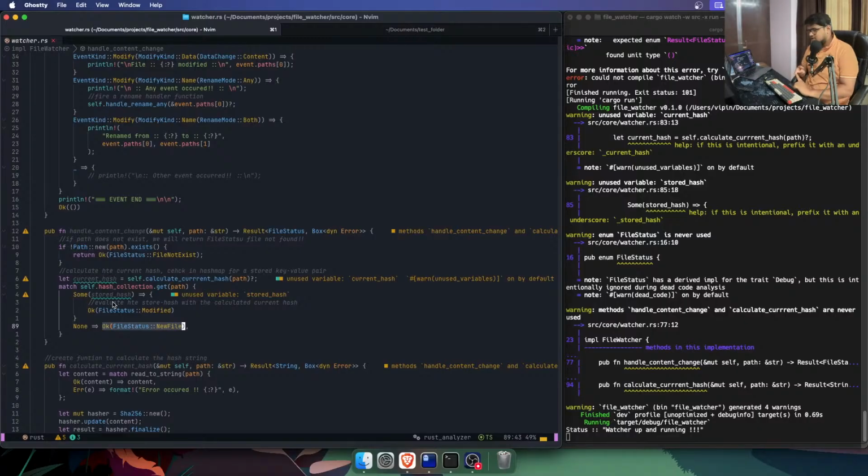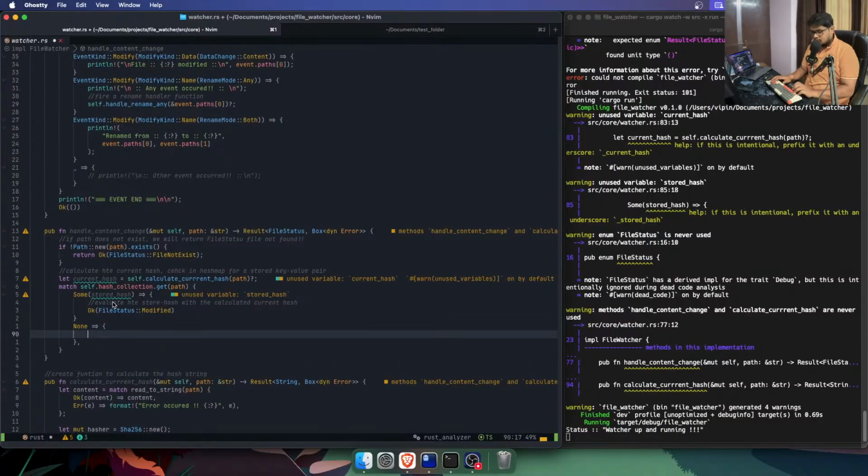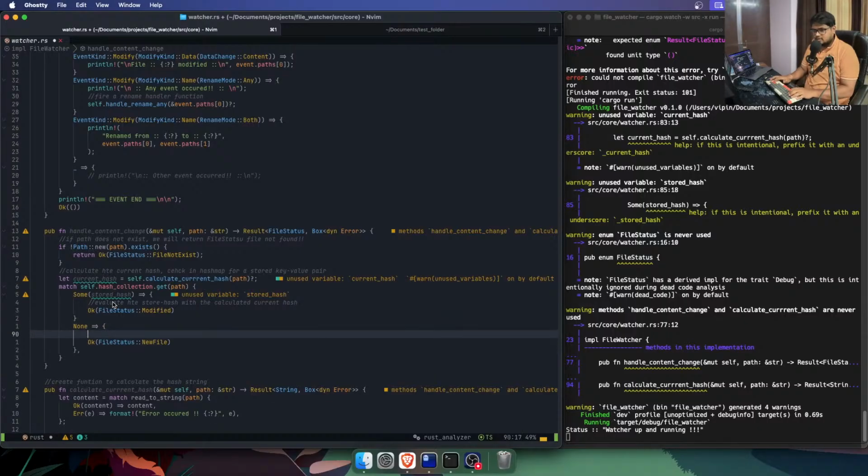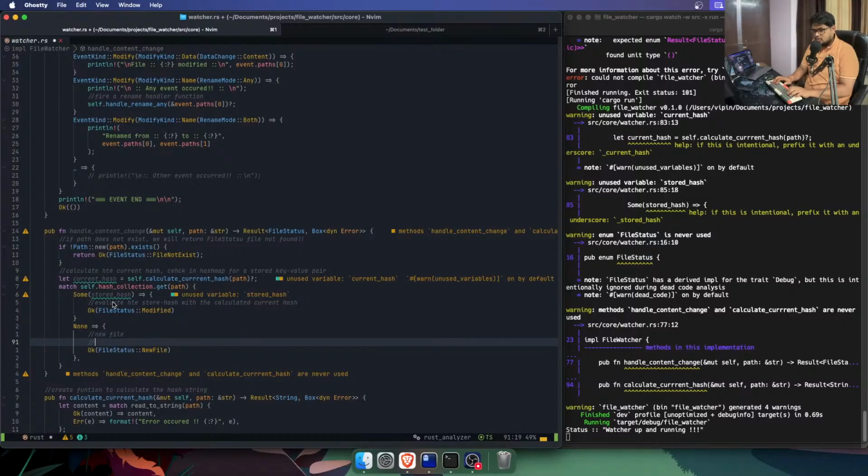So path exists already on the directory that is being watched, but the pair is not on the hash map. It means it's a new file, right? So instead of this, what we'll do, of course we have to do this over here, but first here we know that it's a new file, right? So we have to again calculate hash, this time